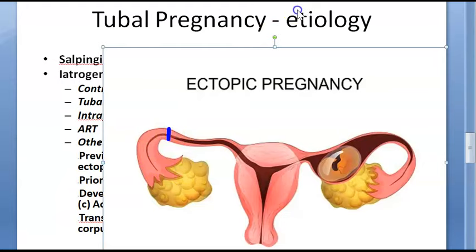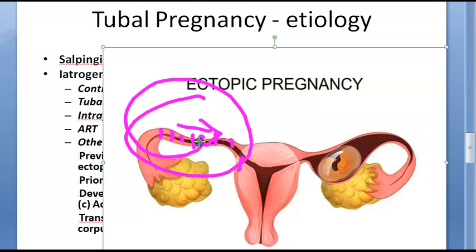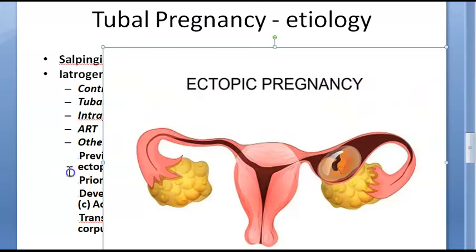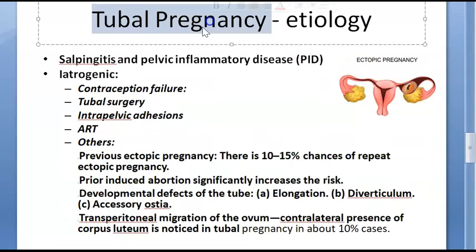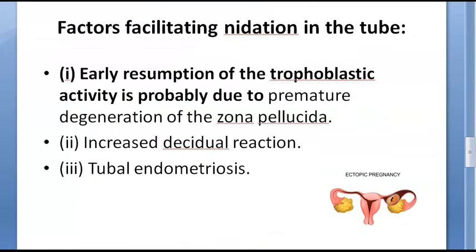Okay, there are cilia here, are you able to see? I'm trying to draw cilia here. The cilia will beat, right? The beating cilia will try to push the oocyte into the uterus. But if there is some problem with these cilia, which are hair-like structures, then it will again stay here. And the tubal ectopic pregnancy can happen. So basically, are you understanding why tubal pregnancy is more, right?